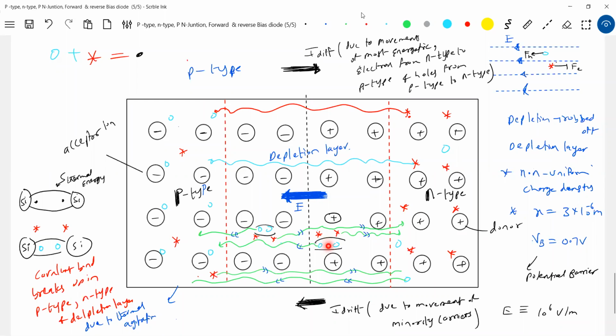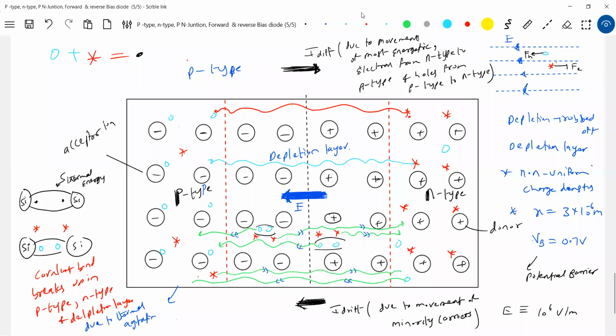I'm making things very, very systematic and clear. This drift current is due to this hole or this hole? Due to both. But the percentage of contribution will be more due to this, because millions of covalent bonds will break up. And the net current through the junction will be zero. High diffusion equal to high drift. I think there are so many things happening.